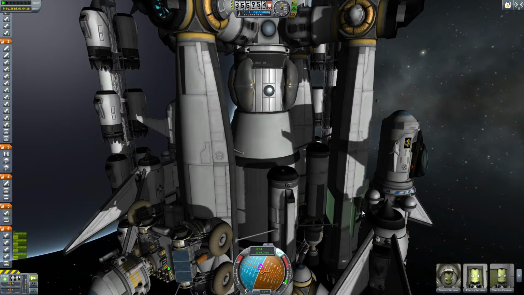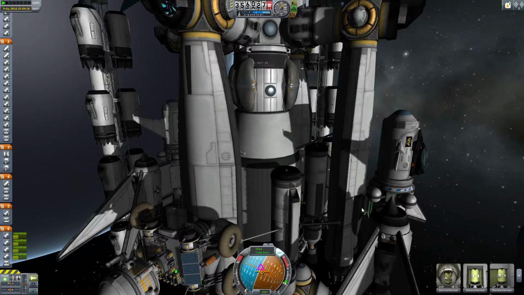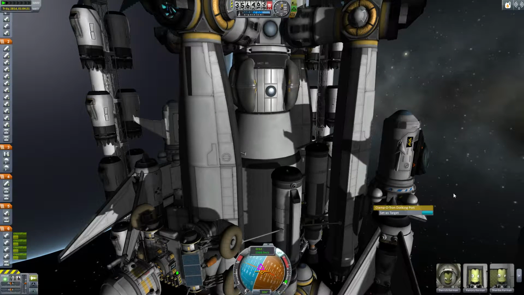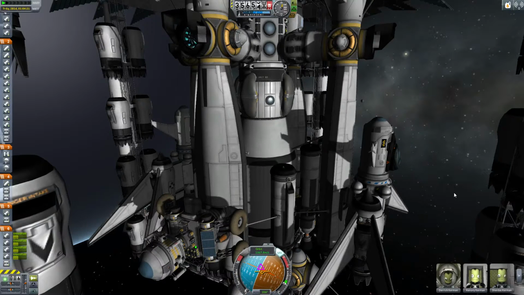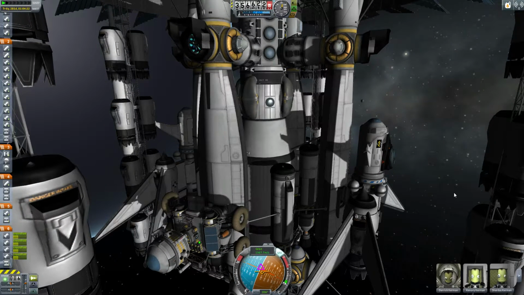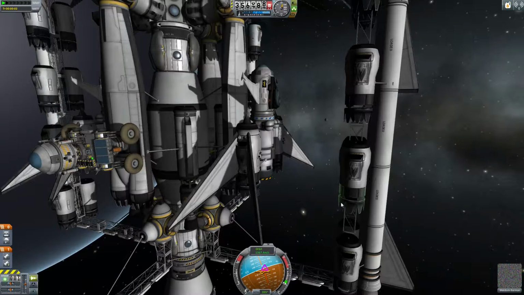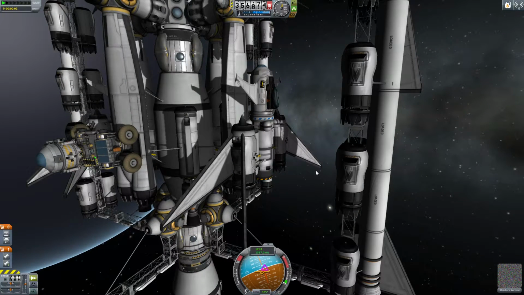even though it's been around since the asteroid redirect mission update. They still have not fixed it, I don't think. Let's just go ahead and undock my first drone. Alright, here we go. So now we're controlling my little drone here, and let's get SAS and